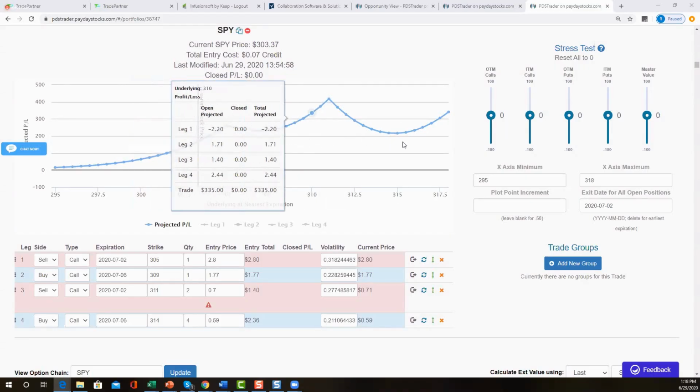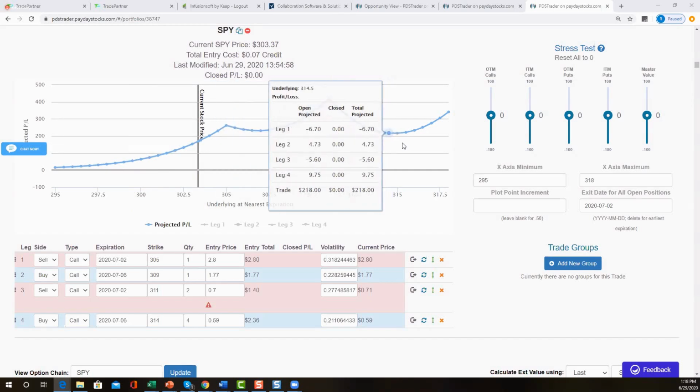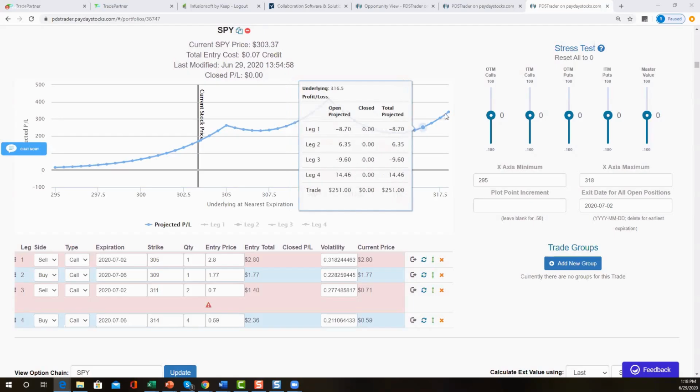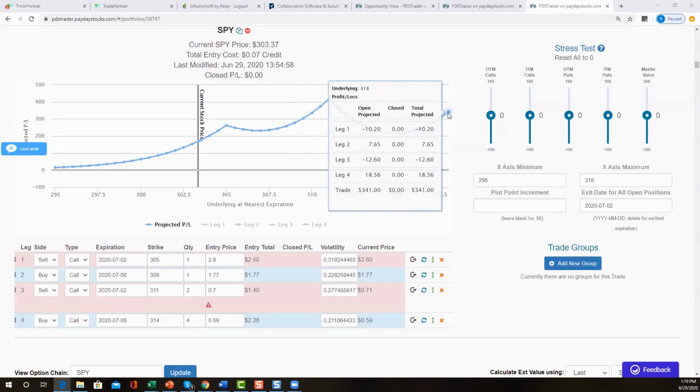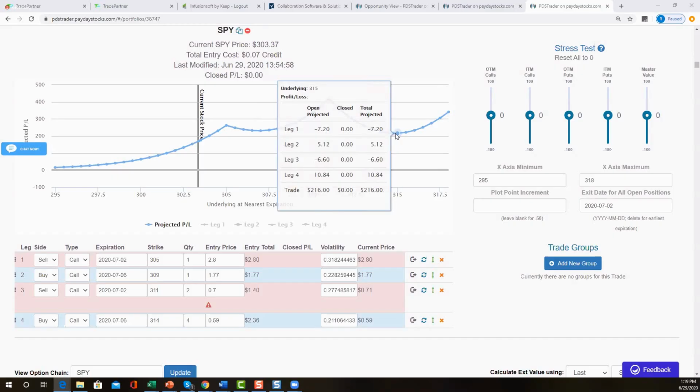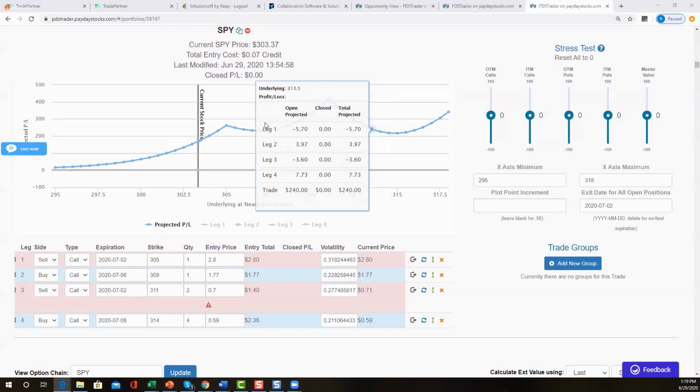This dead zone, however, if the market moves up to 315, what's going to happen to the volatility in these options? They're going to come out. However, there's unlimited profit potential to the upside, which means that I can sell more premium at anything at 315 or above, and that will pull this dead zone up even further. Okay, so that's the structure of this trade.